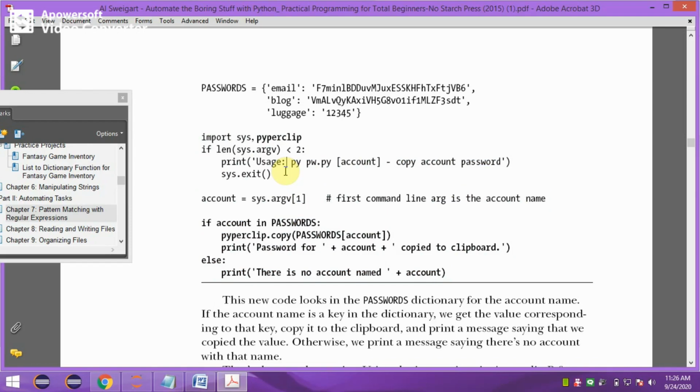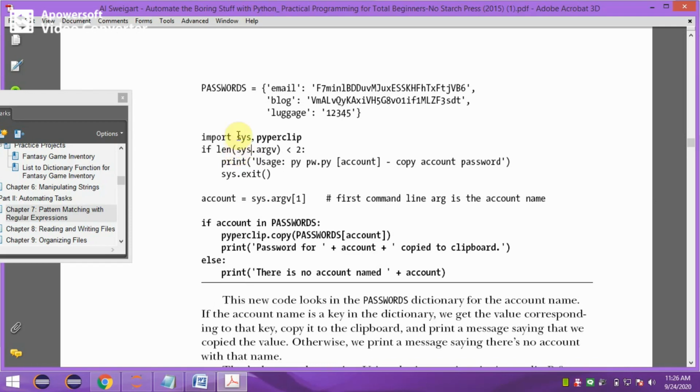Now to get the values given in the command line, you have to use the sys module. Import sys is given for getting the argument values of your commands. Whatever command you give in the command line argument is for execution of this program with some command line argument value.